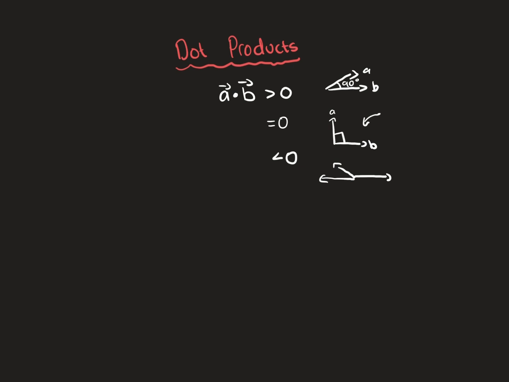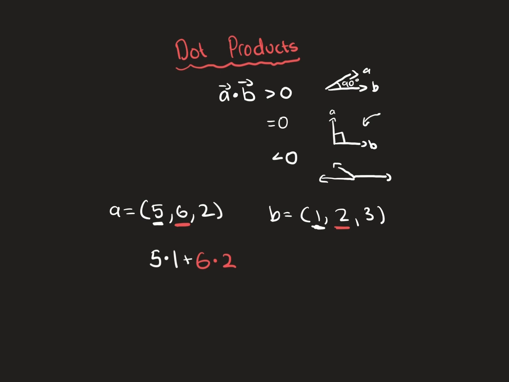Now let's go over how to calculate the dot product. So let's say I have A is equal to 5, 6, and 2. And B is equal to 1, 2, 3. Well, you take this first component and multiply it by the first component in B. So you do 5 times 1. Then for our second component, I'll do this in red, you do 6 times 2, and you add that next. Lastly, you would do 2 times 3,